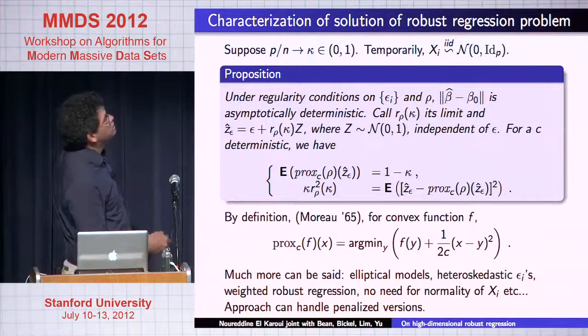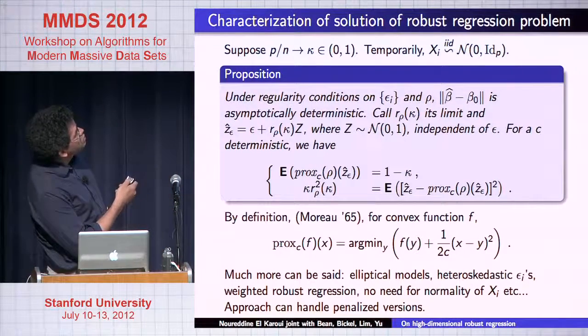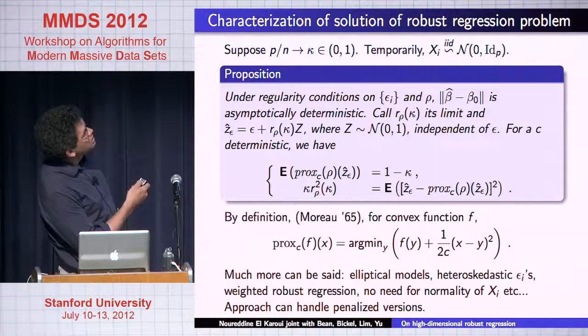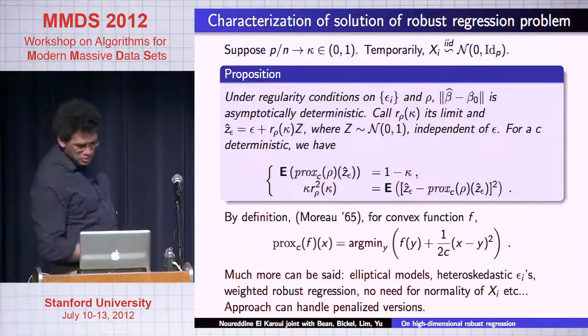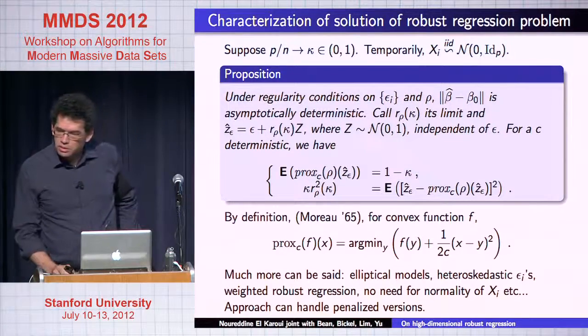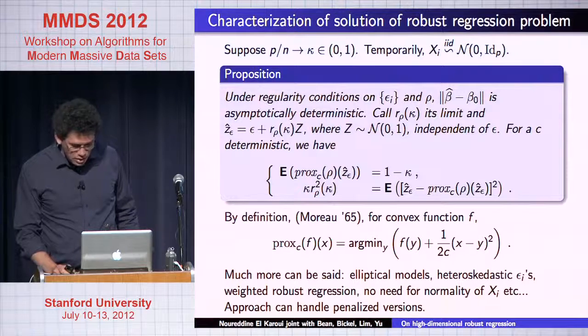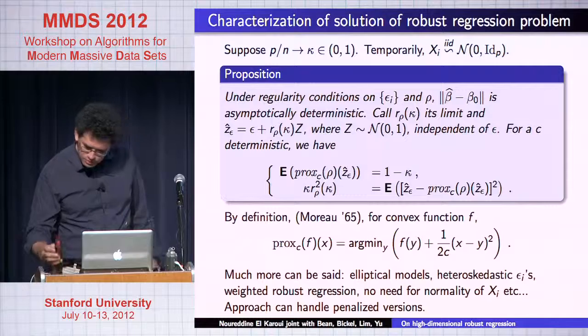Okay, so how to understand the risk of robust regression estimators? We need, unfortunately, a bit of notation. P over N is the ratio of the dimension of the predictors over the number of observations. At this point, we assume that that goes to a non-zero limit, between 0 and 1. And basically, under regularity conditions on the distribution of the errors and the loss functions,